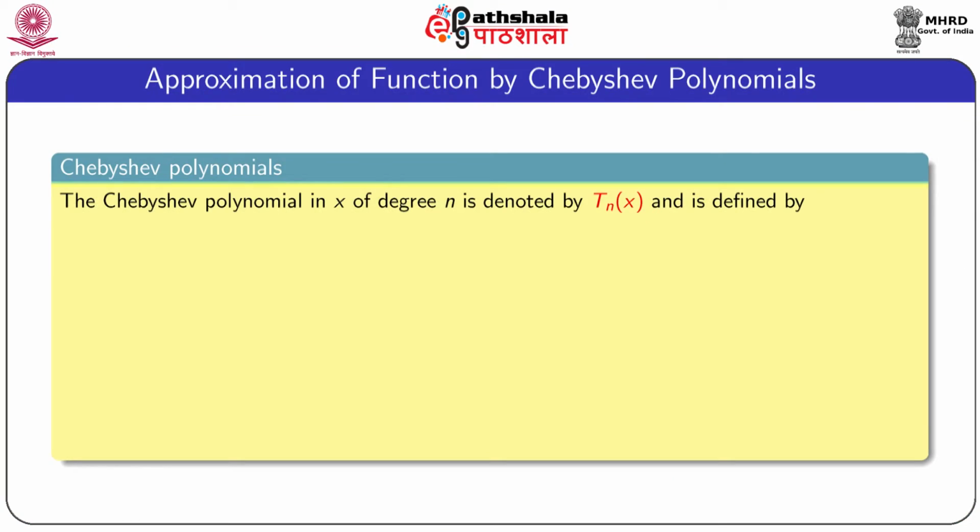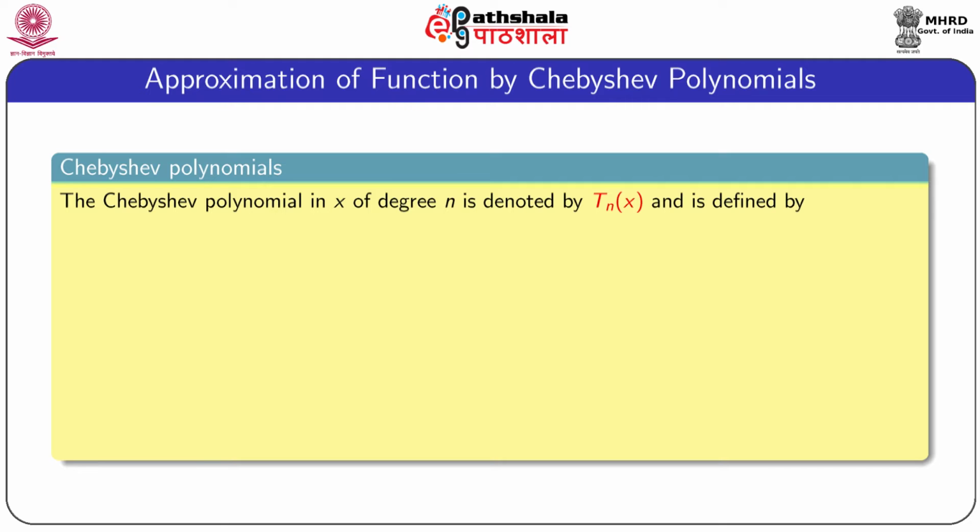In this module, we shall consider Chebyshev polynomials to approximate a function to a polynomial, and we shall show that these orthogonal polynomials are efficient compared to other polynomials. We shall also show that any function can be expressed in terms of Chebyshev polynomials if the function can be expanded with the help of Taylor series method. First, we define Chebyshev polynomial.